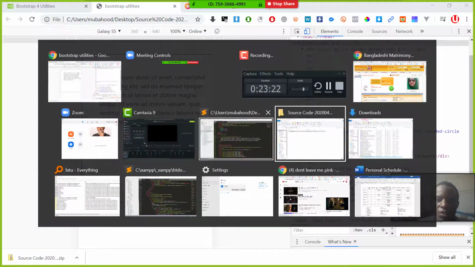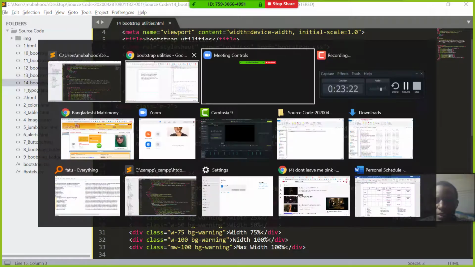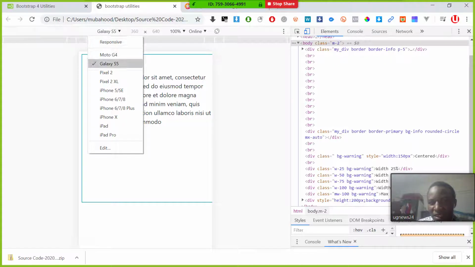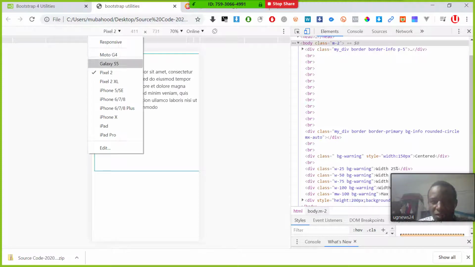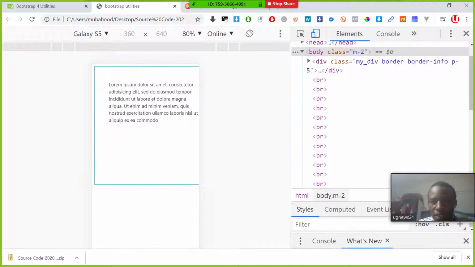So let's resume. Here we are. So we were saying that this rule of padding 5 begins from the smallest device, like Samsung Galaxy, up to the highest device. Because remember I said that if you don't specify, that padding will start from the smallest device. But this is not what we want. We want at the smallest device to have maybe padding 1, so that we save the screen. You understand? Then at a medium device,